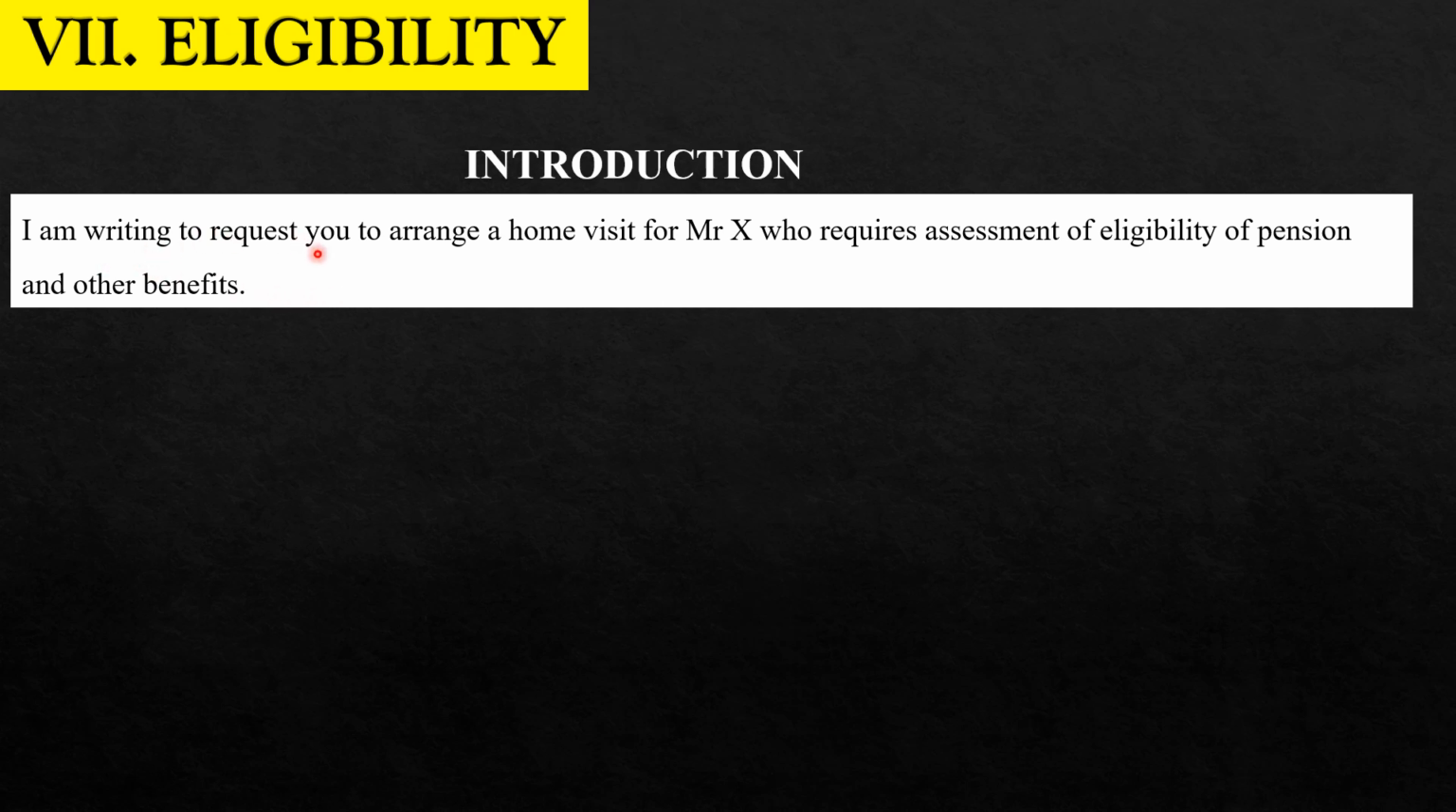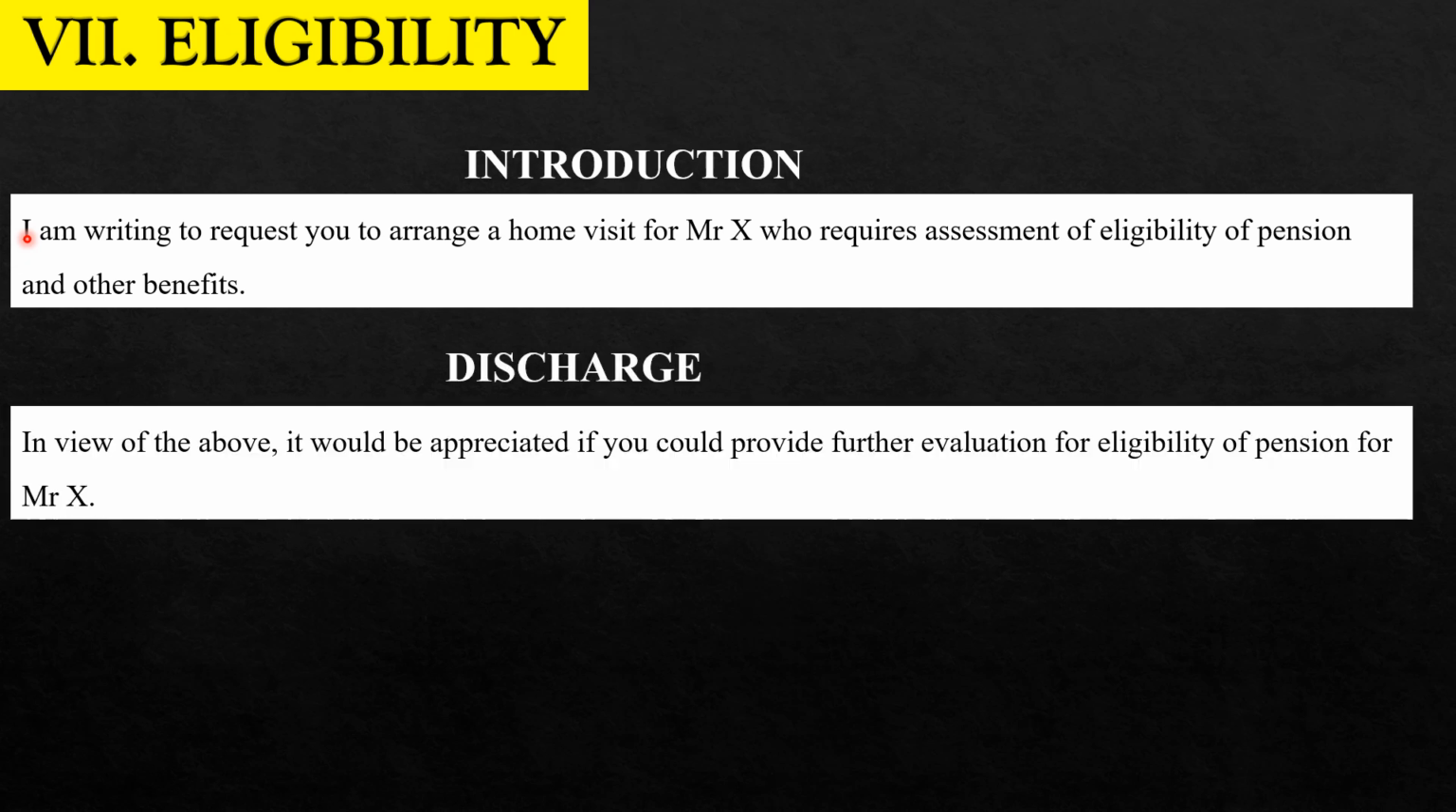So I'm writing to request you to arrange a home visit for Mr. X, who requires assessment of eligibility of pension and other benefit. Like that you can write, but you can change the sentence structure, but the main objective should be included. Okay. And then discharge, because I'm going to mention these two together because this is very important, I felt,